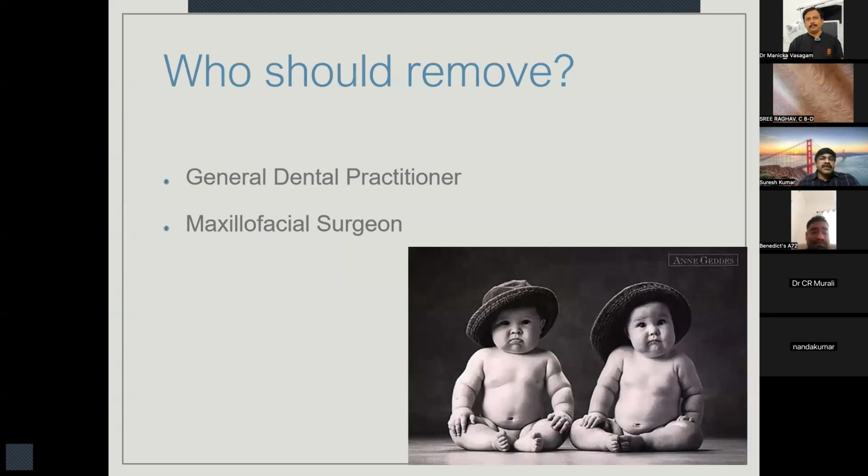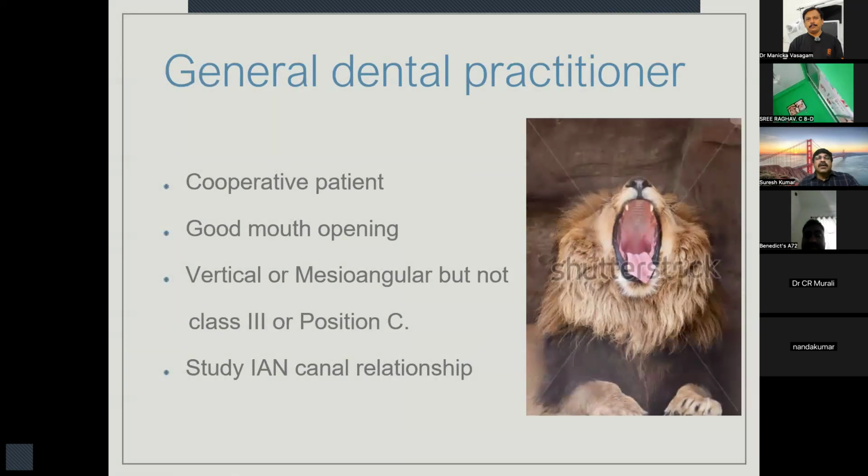See, the degree that is given to you is Bachelor of Dental Surgery. So you are basically a surgeon. In your curriculum, it is included. In your practical exposure, you have assisted cases. In your internship, you have done some cases like transalveolar and simple impaction cases. So even as an undergraduate student, you are legally eligible to do impaction cases, even if you are a general dental practitioner. But do not attempt all the cases. If you see more difficulty in the radiograph, you better call your consultant to do the procedure.